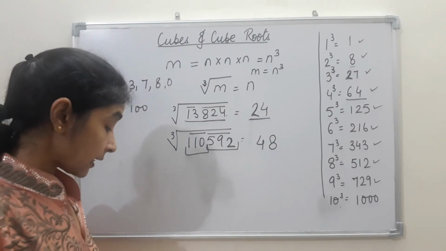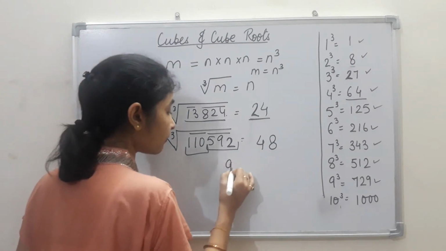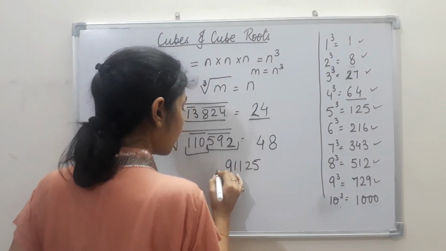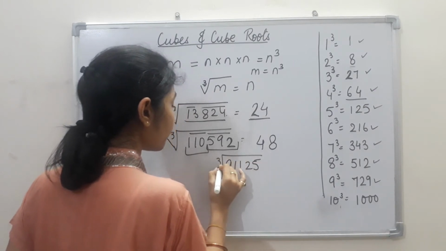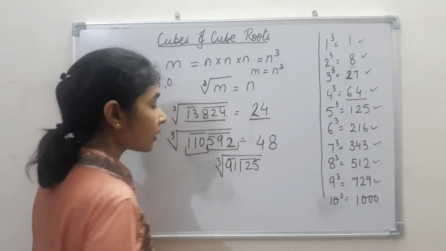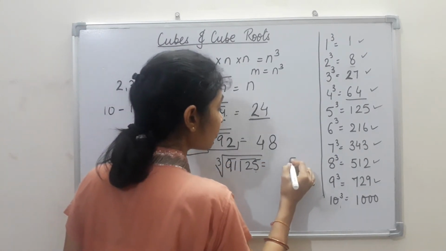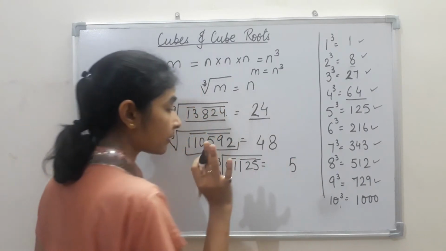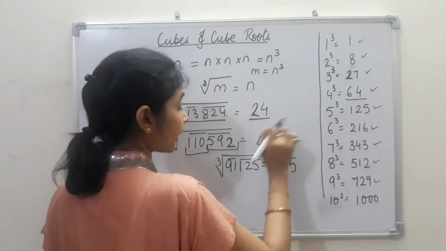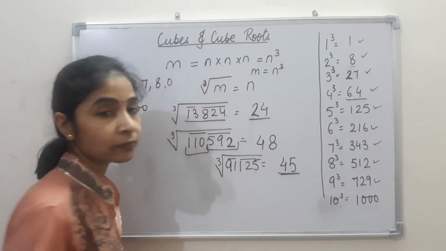Let us take one more example, the last example, and that is 91125. We are supposed to find out the cube root. Now you can tell easily, first grouping it. Now 125, there is 5 there, and 5 comes in the cube of 5 itself. So at the units place there will be 5. Now the perfect cube before 91 is again 64. So this can be a cube of 45.